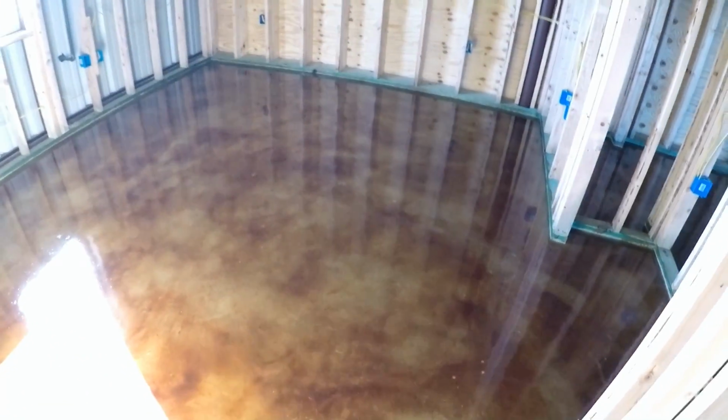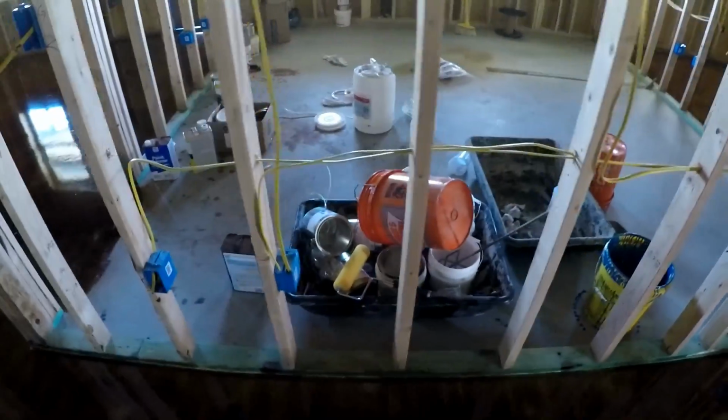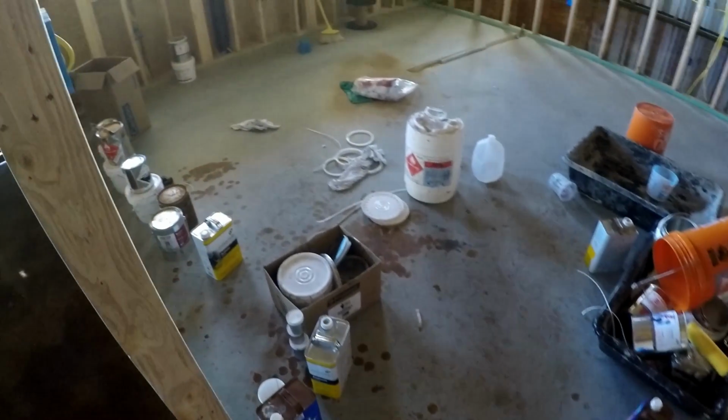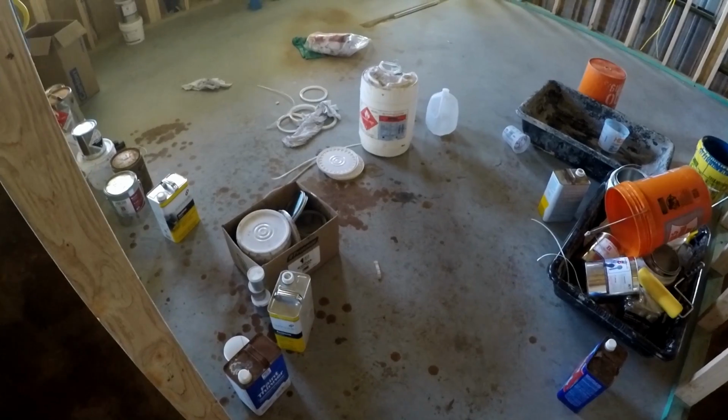This is the living room. You can see a little better here with the sun, the light that's coming from that window. Well, maybe not. You should be able to see a little better. But anyway, this is awesome. Here, this is where we did all of our mixing, because that's going to be the office, and we're going to have a different type of flooring there. So we kind of made a mess there, but again, that's all going to get covered up. This is the living room,